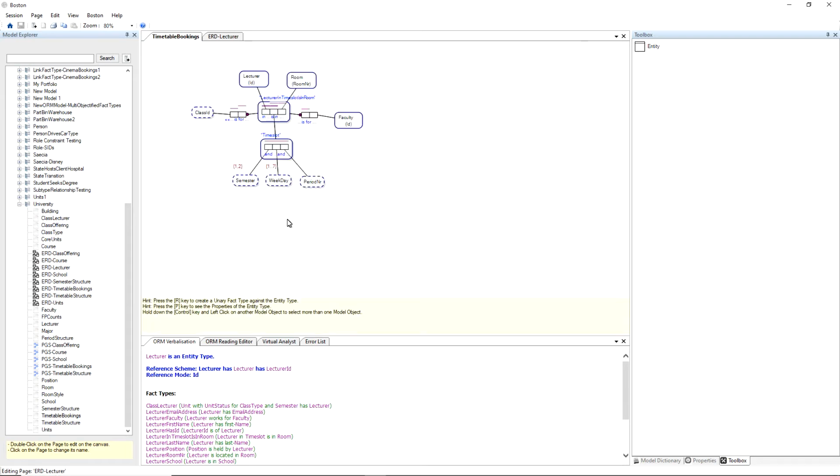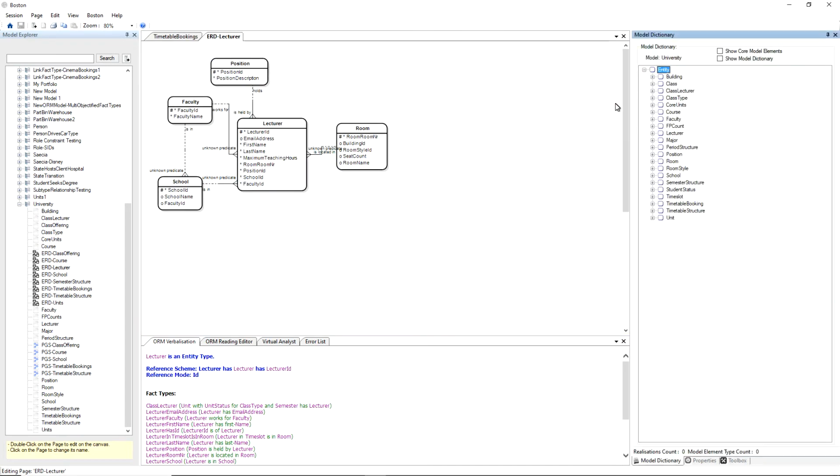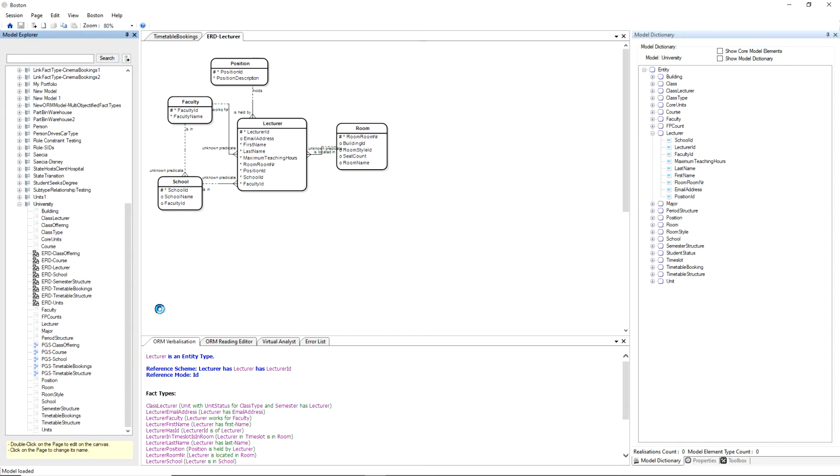conversant with the related object role model, and if we have a look at the model dictionary we can see the various entities and their attributes. So we have a relational model inside Boston. In the upcoming version of Boston we'll have code generation, and to get to code generation you can just click on the model, go to the code generation menu item,